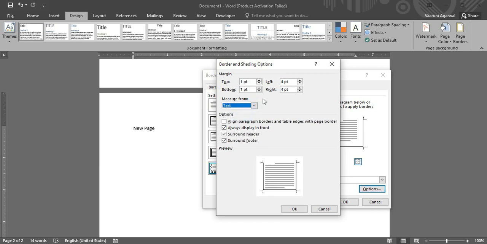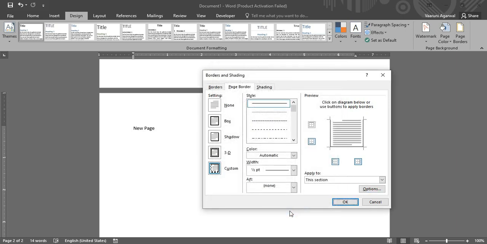This is how the options have been changed, meaning you can just select it as per your choice, like let's just keep 5 points or something like this. You can change it as per your wishes. Okay, now these are a few options, make sure to always check them to get the best result for your borders, and then click on OK.